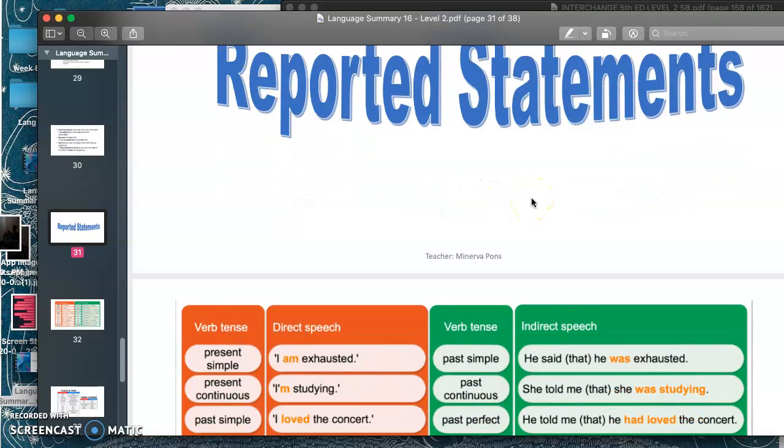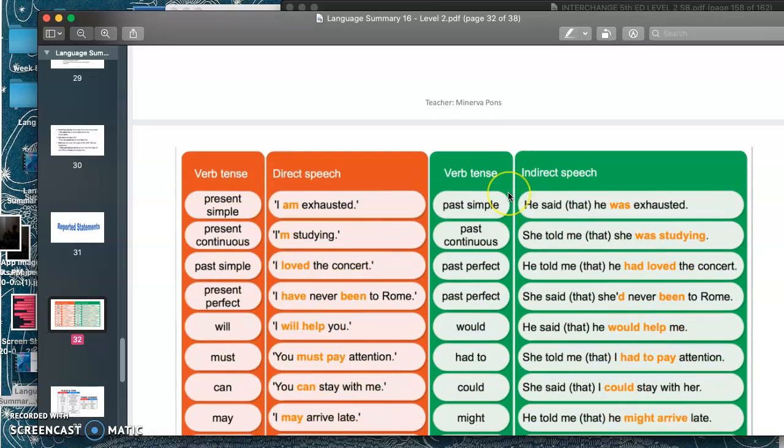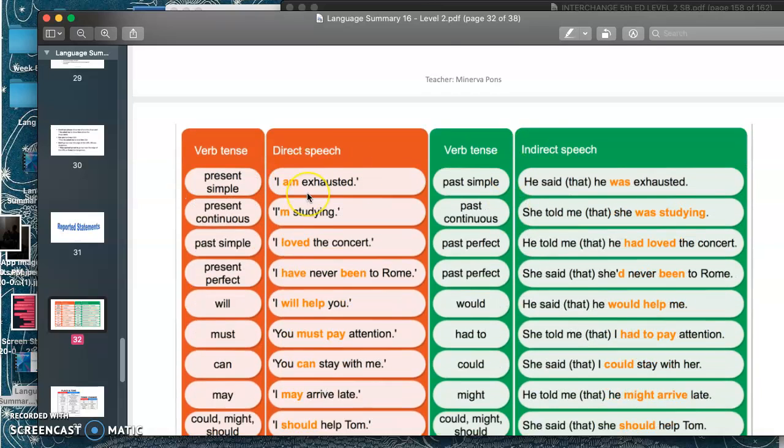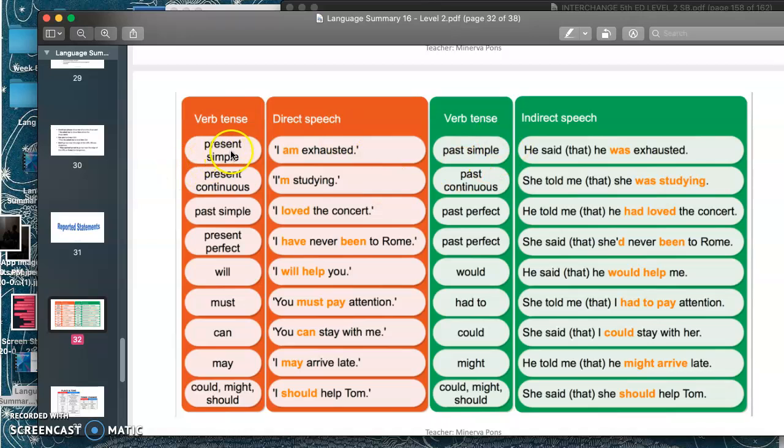So basically we have different tenses. Remember that we have seen simple present or present simple, present continuous, past simple, present perfect, and we have the modals. Depending on what verb tense we are using, the indirect speech is going to use another tense. So for example, if I say a statement right now,